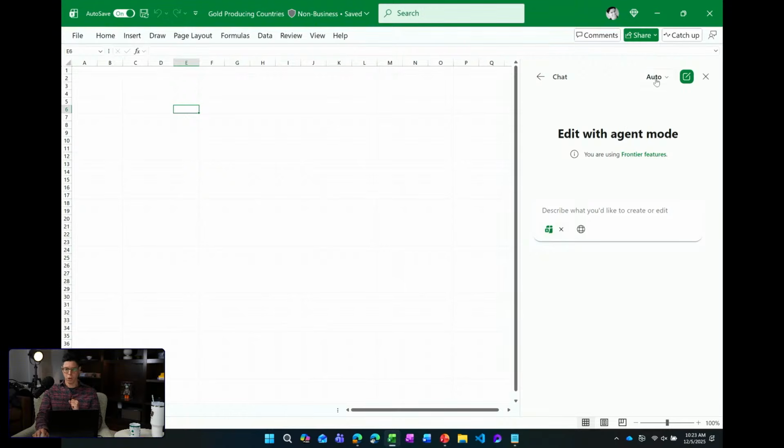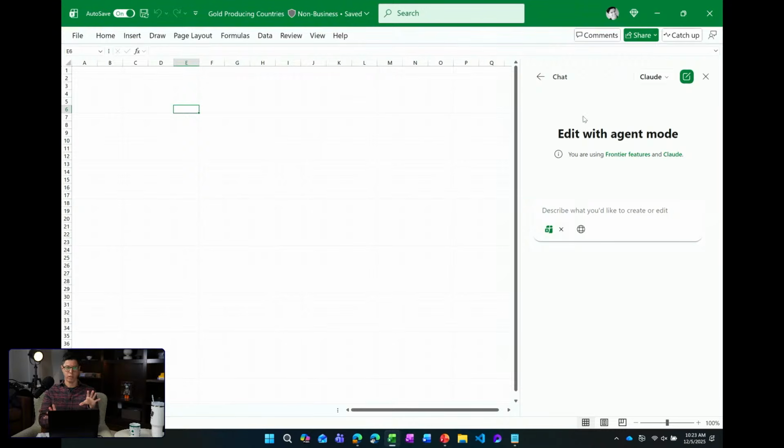The other thing I wanted to note is up here there is a drop down to select different models. This is what I was talking about earlier, right? You can pick OpenAI models, you can pick Anthropic models, and this is the frontier right now. Claude specifically is frontier. You'll see here a little disclaimer.